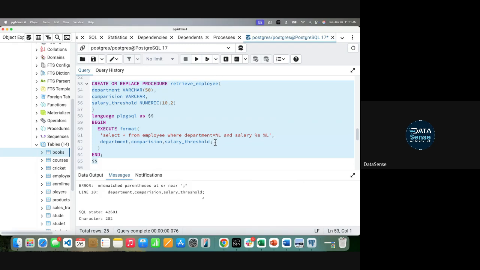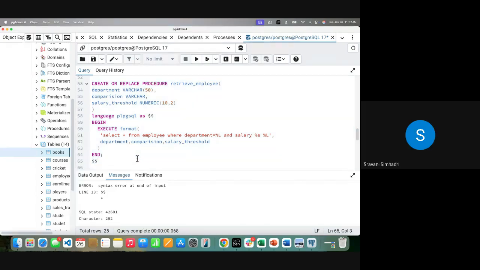अब कहाँ पे error आ गया? अच्छा, query के बाद तो डालना पड़ेगा ना? Mismatched parenthesis at or near... Comma is recorded at lost after percentage here. Wait a second. First of all, it should not be here. This is being passed as a string, so there need not be any. Where is this dollar? After the ending parenthesis. Yeah, after, and yes, this needs to be there.